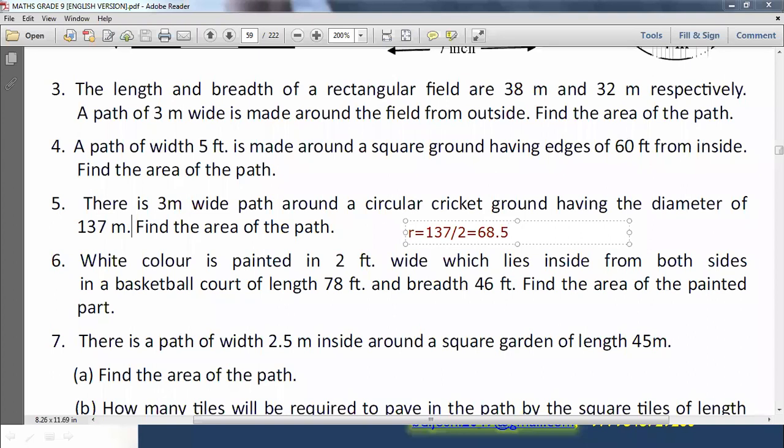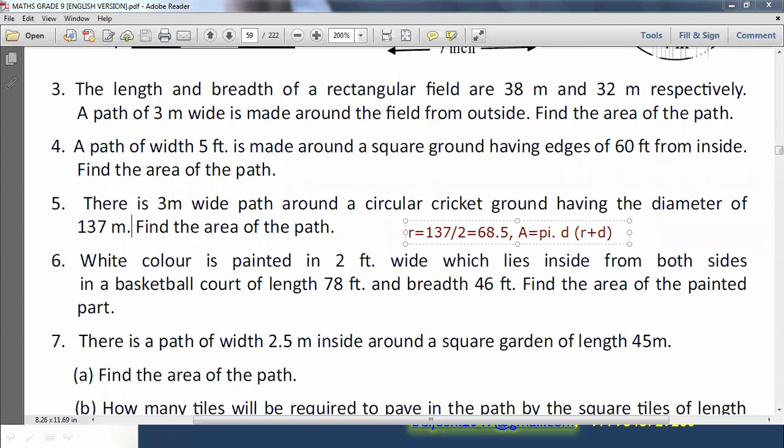So we have to use the formula for area of outer path. What is the formula for area of outer path for circular field? Pi d bracket r plus d. Yes, it is equal to, I don't have symbol of pi here, so pi into d bracket r plus d. Just use this formula. यति मात्रै हो है.